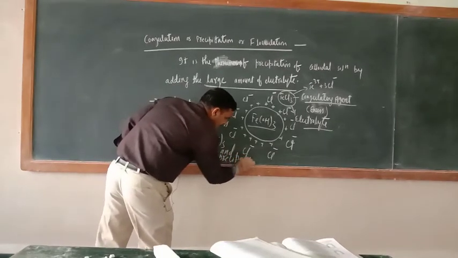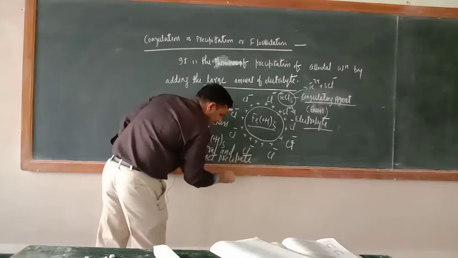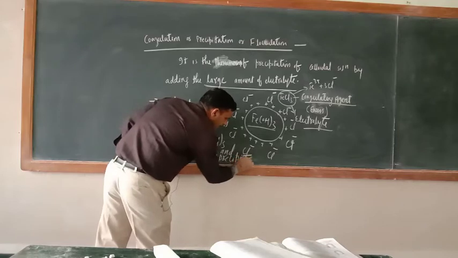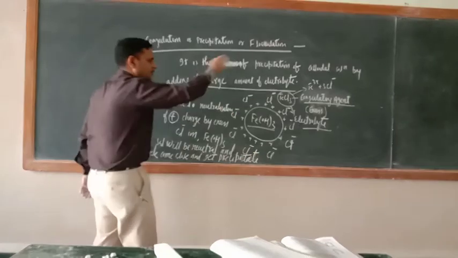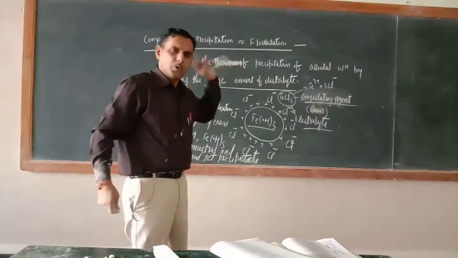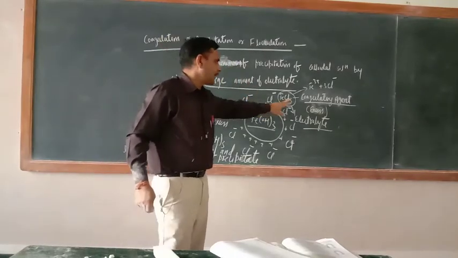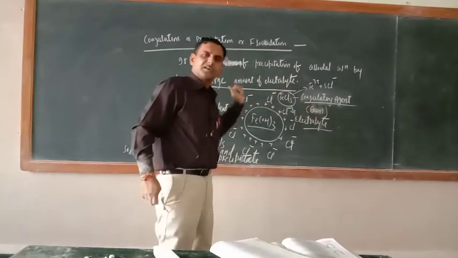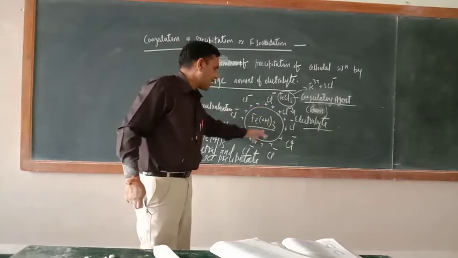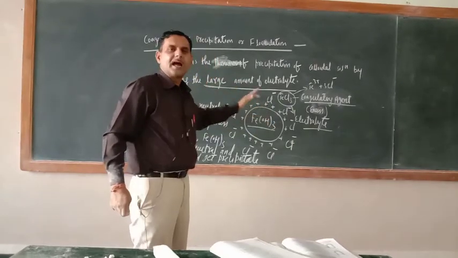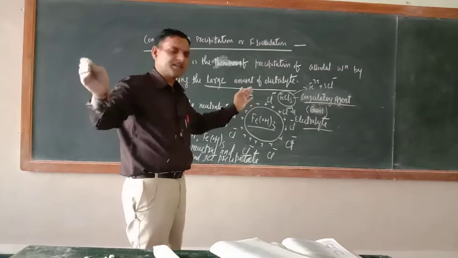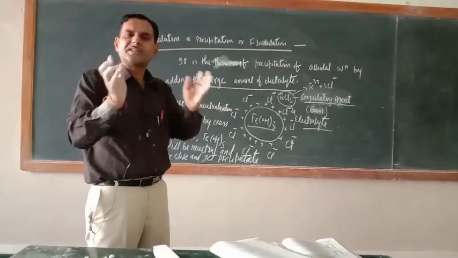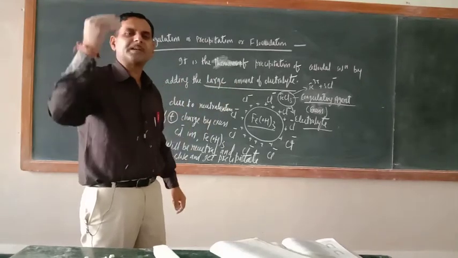Okay, so just see, precipitated, P-R-E-C-I-P-I-T-A-T-E, precipitated. Who has played a role here? Only the excess quantity of this coagulating agent. Because of this only, this positive charge was neutralized. And because of neutralization of this charge, so many colloidal particles come close to each other. And when they come close to each other, they will form the precipitate and will settle down.